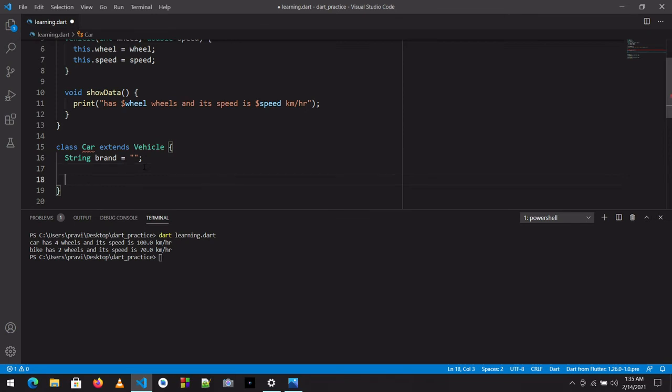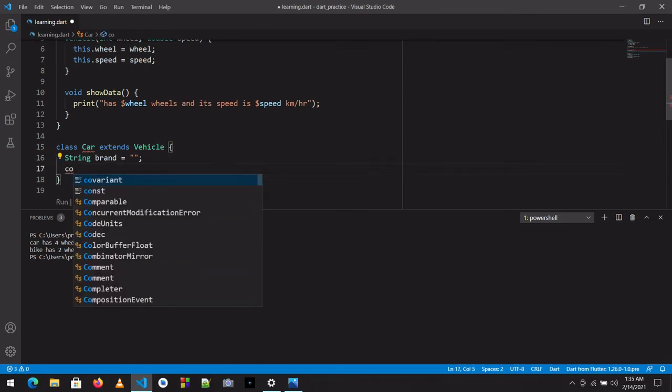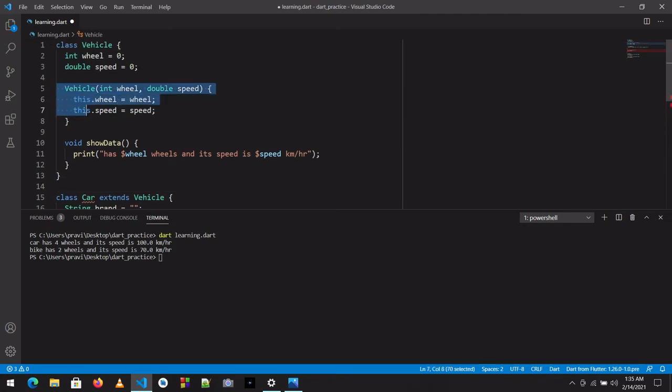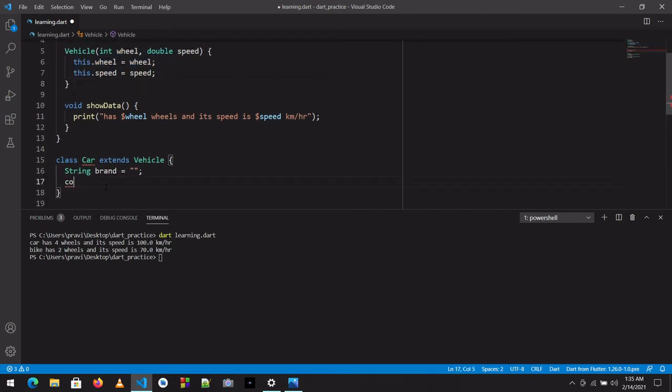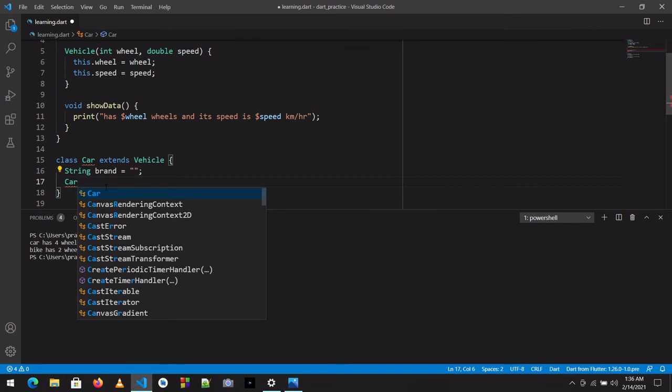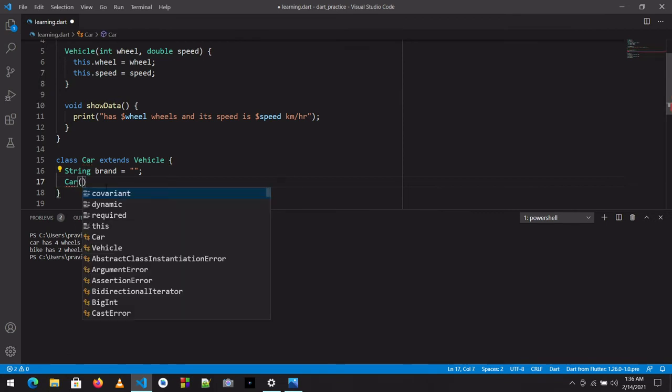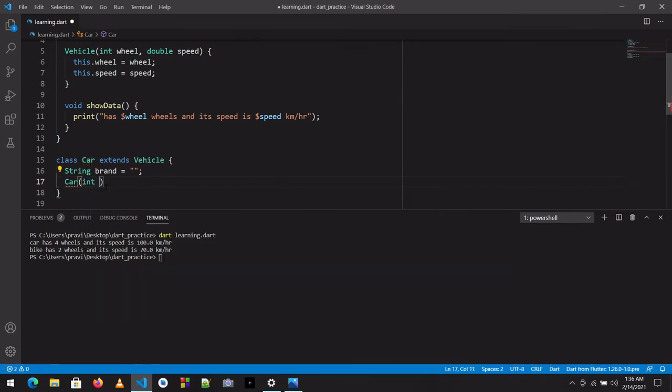Now we also have to create a constructor. Similarly to how we created a constructor in Vehicle, we can also create a constructor in Car. So now the car also takes some values, like for the brand name we will use this.brand.